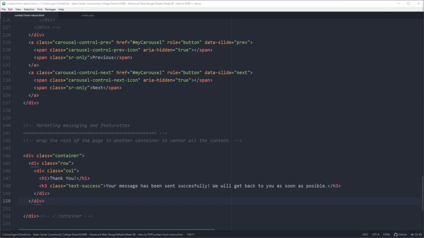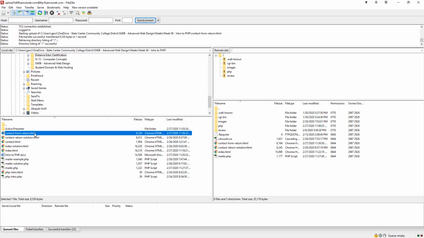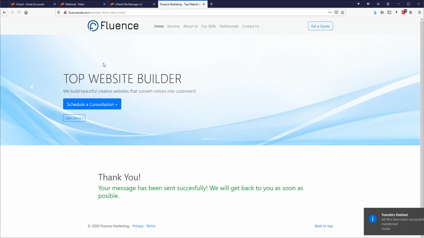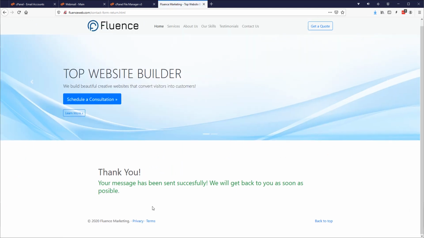So let's see. Div class row, padding 5, and margin bottom 5. That way it's not as close to the footer. Contact form return. Refresh. Perfect. So it's a little more center, has some padding all around, and the footer's more towards the bottom. Much better. So now if I go home,